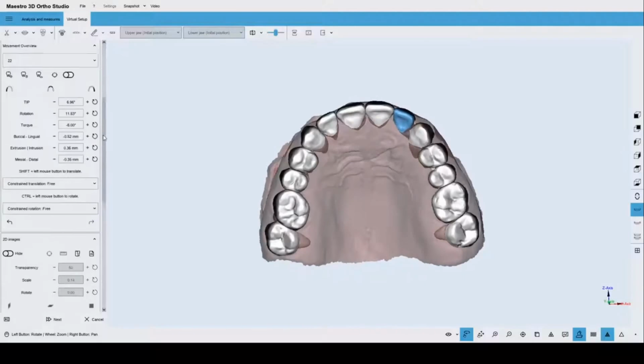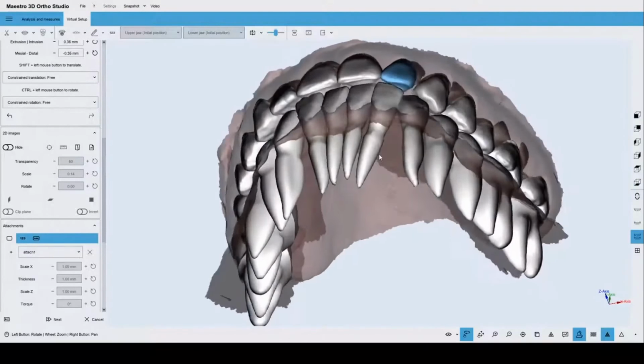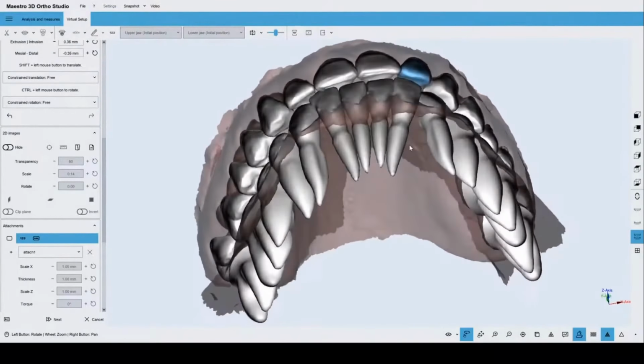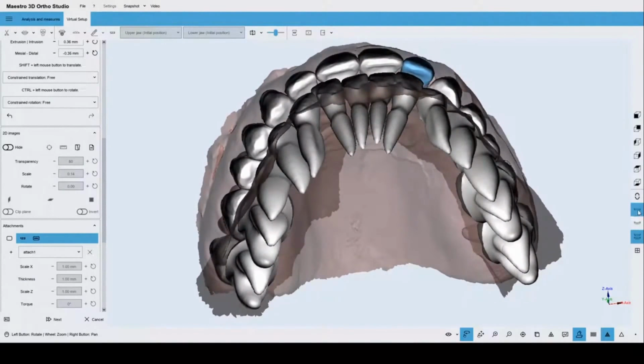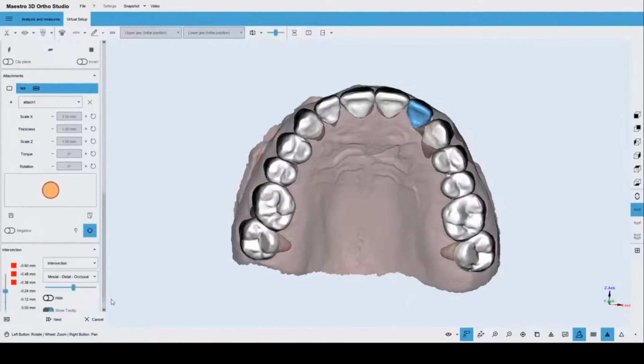Obviously, I can at any moment see the lower and the upper simultaneously, but even if I work with one model at a time,